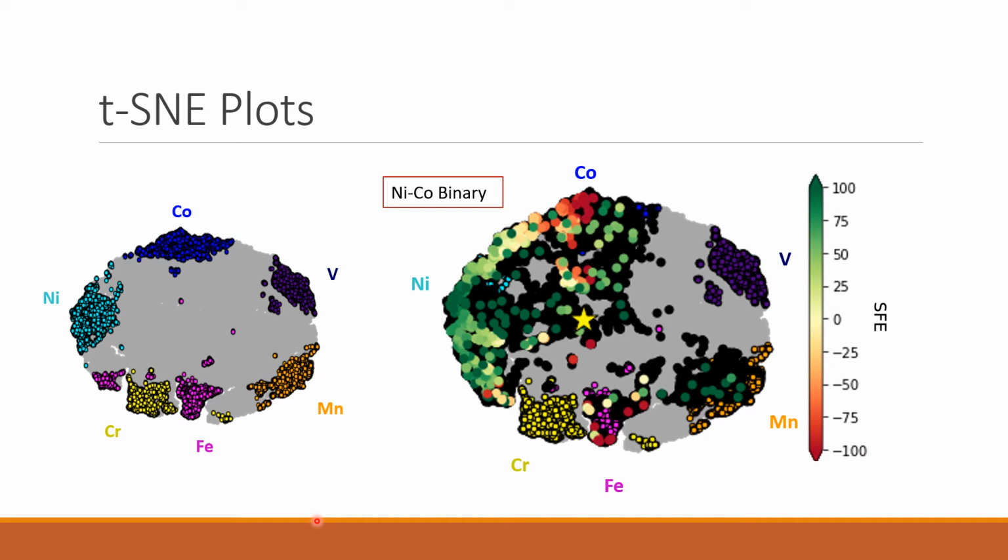One obvious trend we see is the decrease of SFE going from nickel to cobalt. This can be explained by the nickel-cobalt binary. Nickel tends to form FCC structures and cobalt tends to form HCP structures. A stacking fault in a cobalt majority alloy would be much more energetically favorable, since the cobalt favors a stacking pattern that a stacking fault would create.